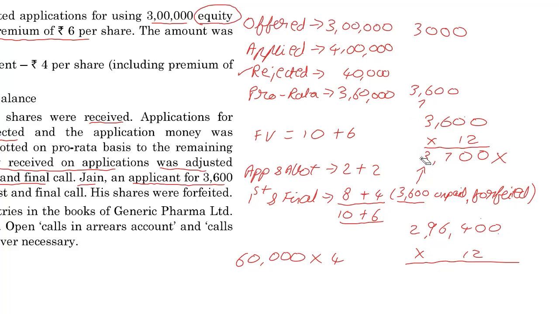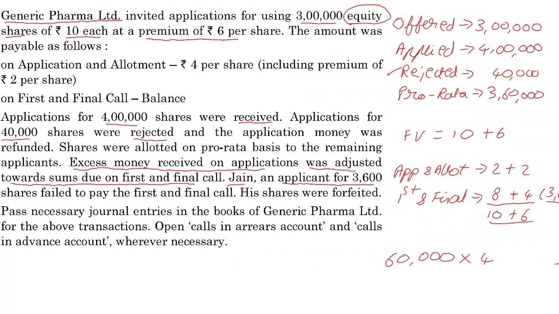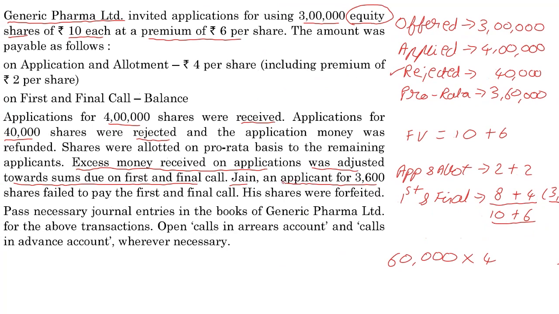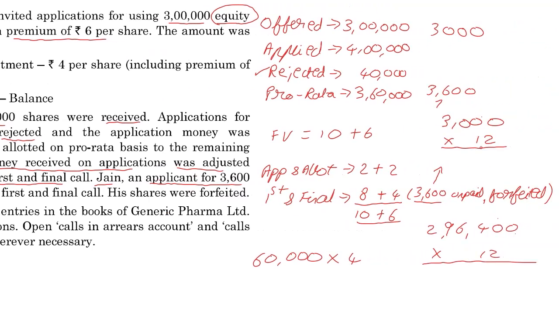I should be multiplying 3,000. And why do I know that? Because it isn't what he was allotted, it is what he applied for. Applicant for 3,600 shares, he was allotted only 3,000. He was allotted only 3,000. 3,000 into 12 is